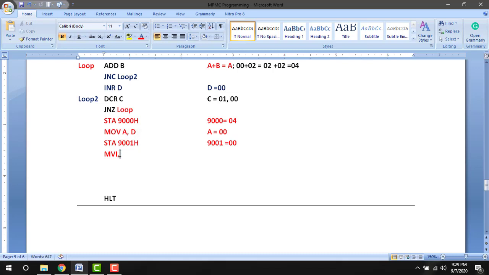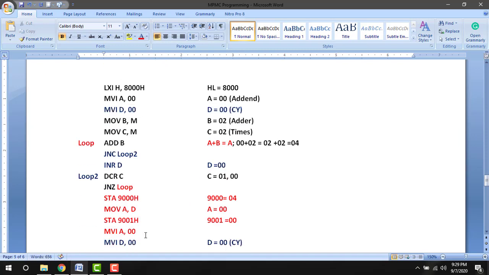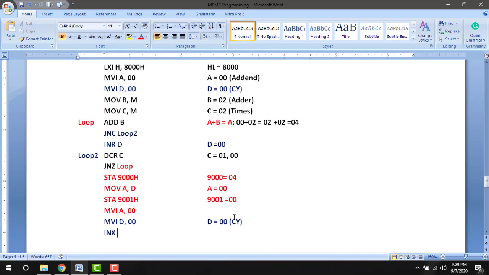Similarly for carry part, D is 00. Then to get the second data, first data is at 8000, you are going to increment the pointer, INX H. So HL pair is 8000 incremented, so HL pair is 8001. So we are going to use the existing memory pointer, so that is why I stored the A square data in a new location.